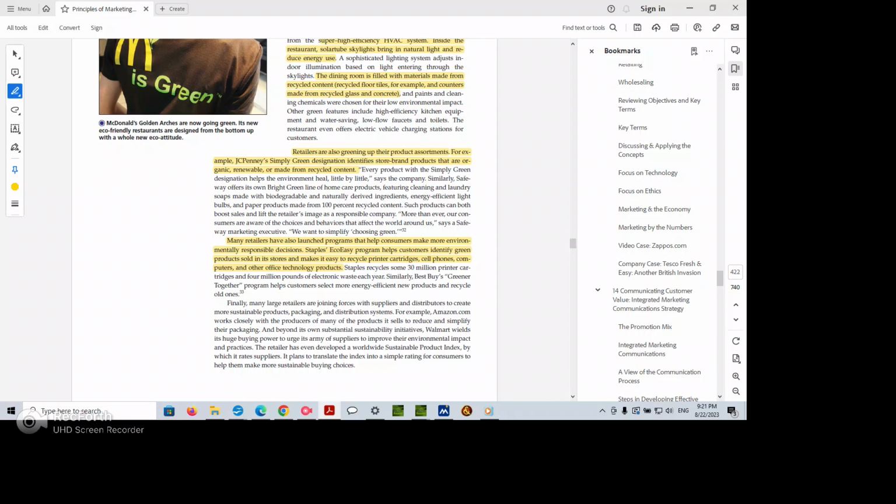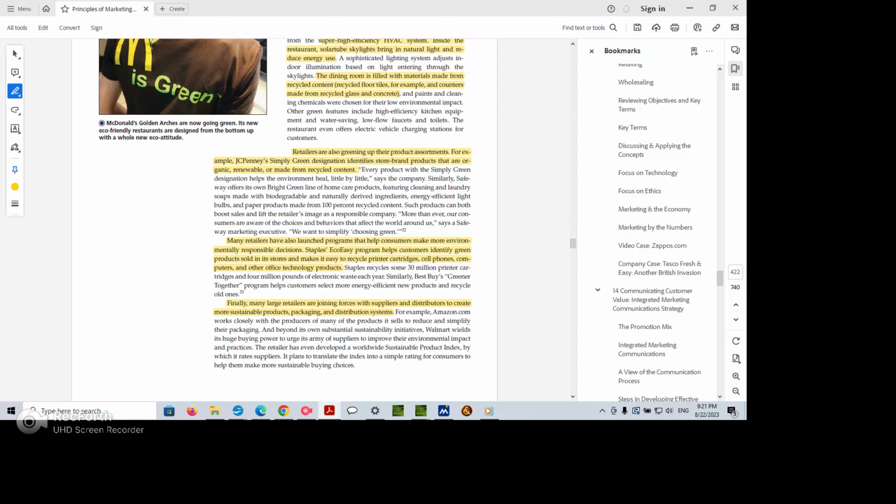Finally, many large retailers are joining forces with suppliers and distributors to create more sustainable products, packaging, and distribution systems. For example, Amazon.com works directly with producers of many of the products that we sell to simplify their packaging. And beyond its substantial sustainability initiative, Walmart wields its huge buying power to urge the army of suppliers to improve their environmental impact